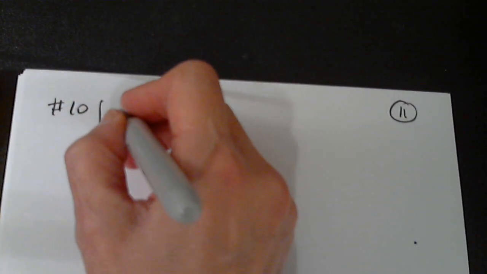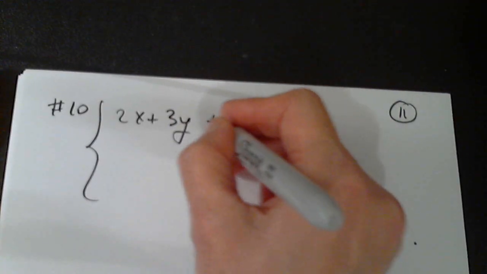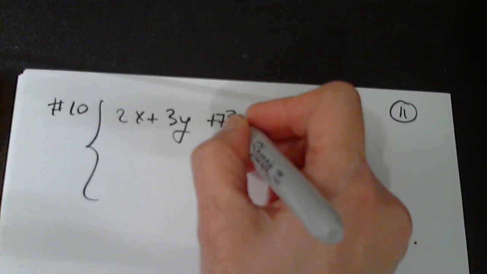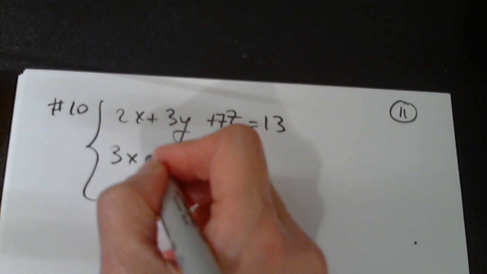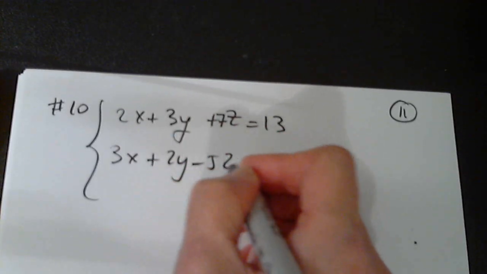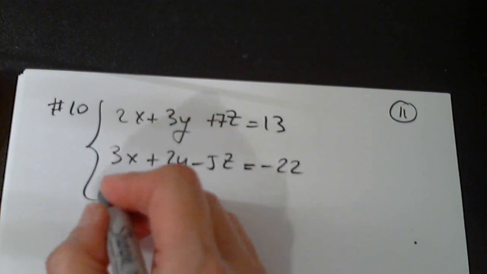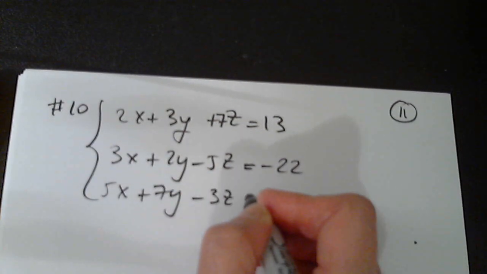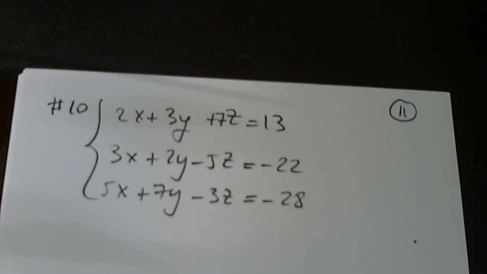So now we have 2x plus 3y plus 7z equals 13. 3x plus 2y minus 5z equals -22. 5x plus 7y minus 3z equals -28. Perfect. Okay, let me start a new video because this